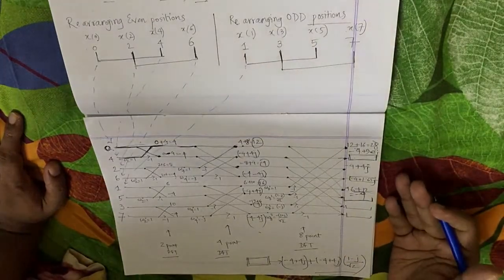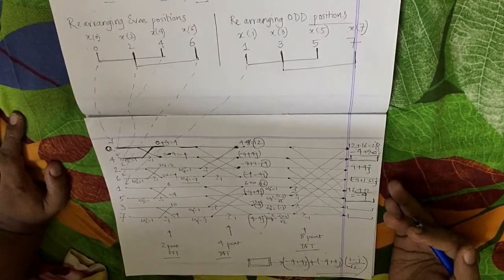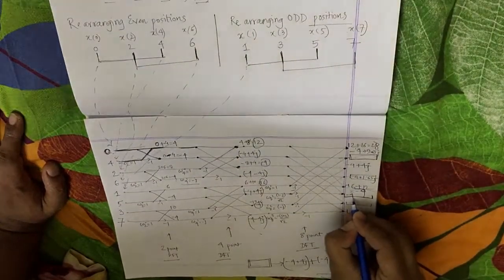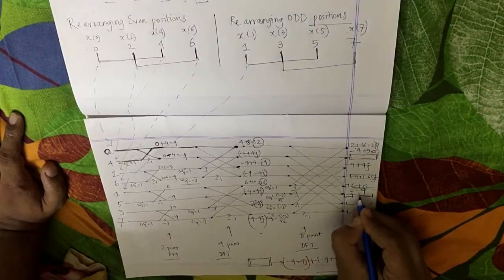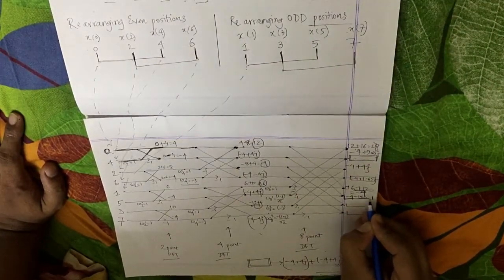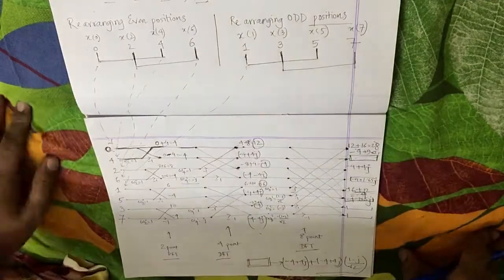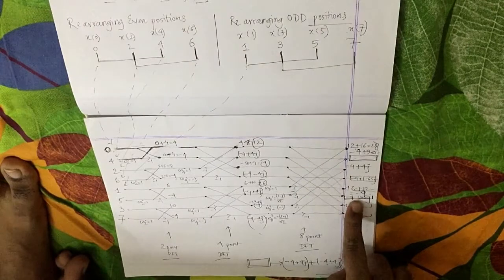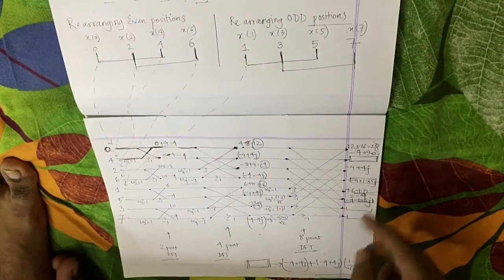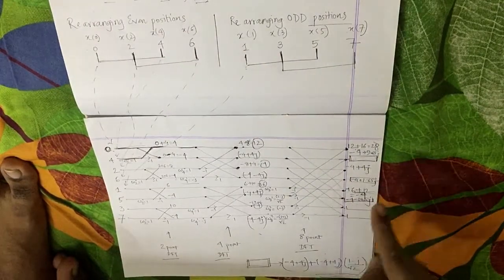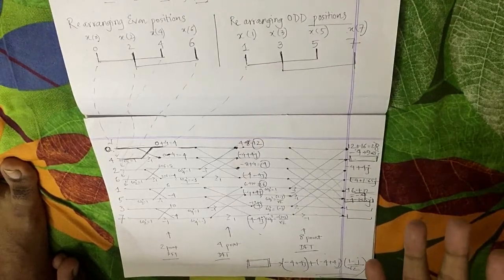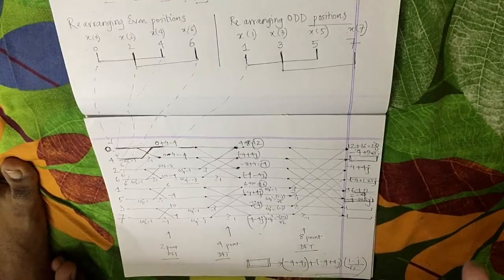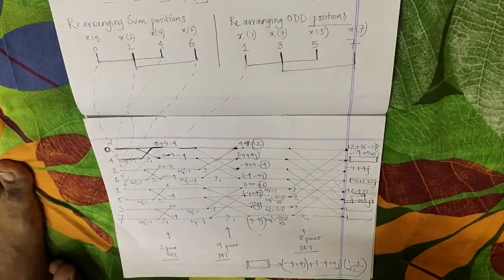Let me write down the answer first, then I will tell you the trick. In this place, we will have a value of minus 4 minus 1.65j. Do you find any resemblance or do you find any similarity with this result from any other result? Do you find any similarity between this value and any other value? If not, I will explain in a while.